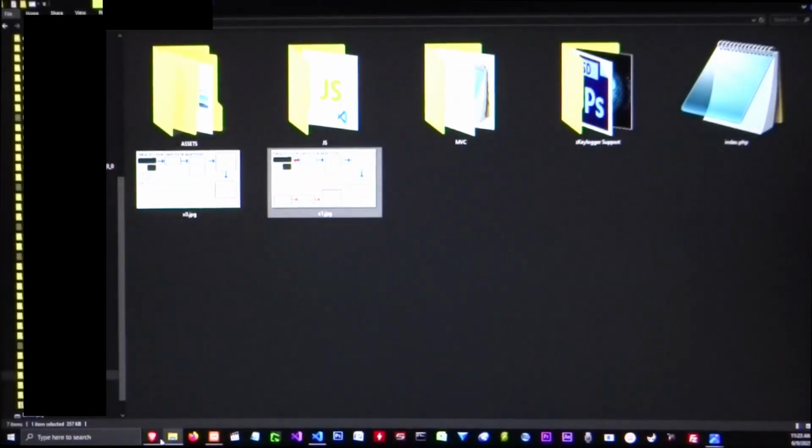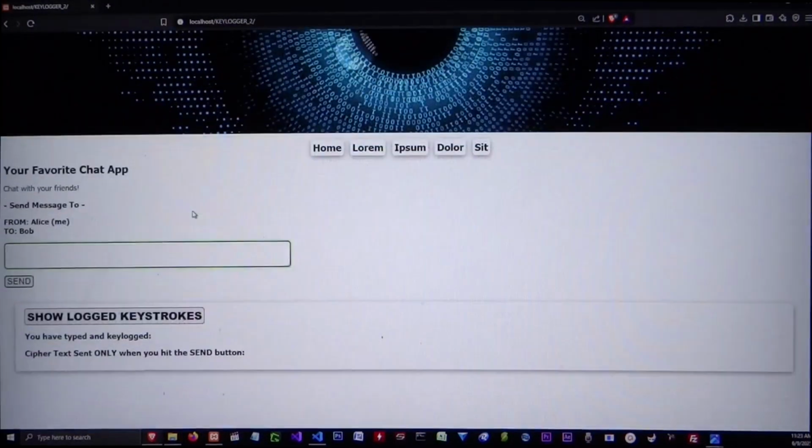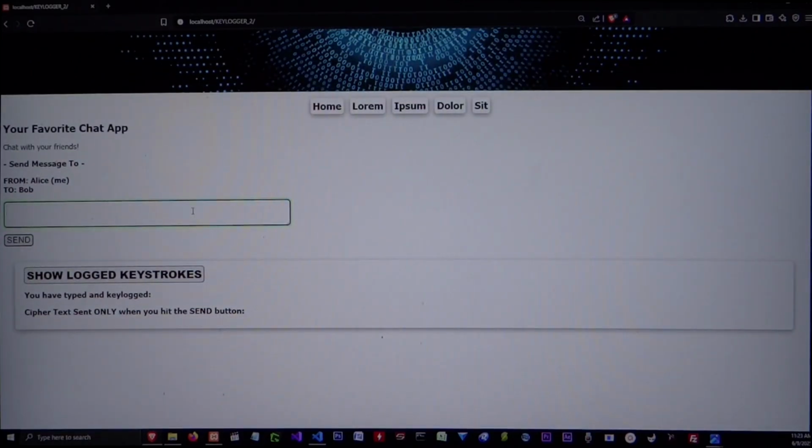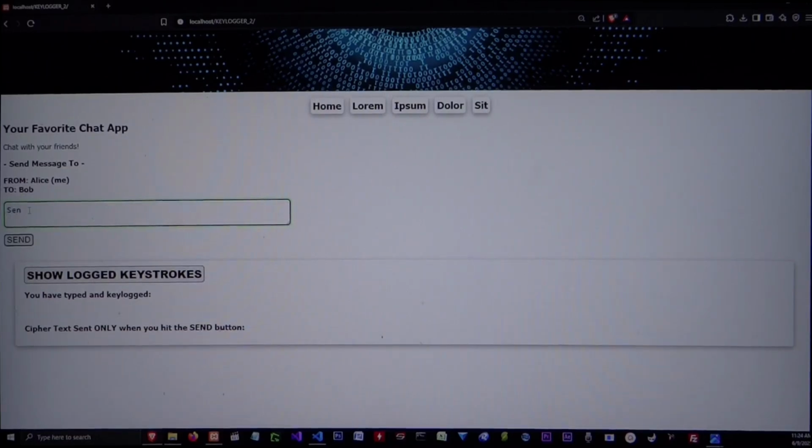Here we have an example of what a simple chat app would look like, and here you have your text box. You would send a message from Alice to Bob, period. And then I'm going to type